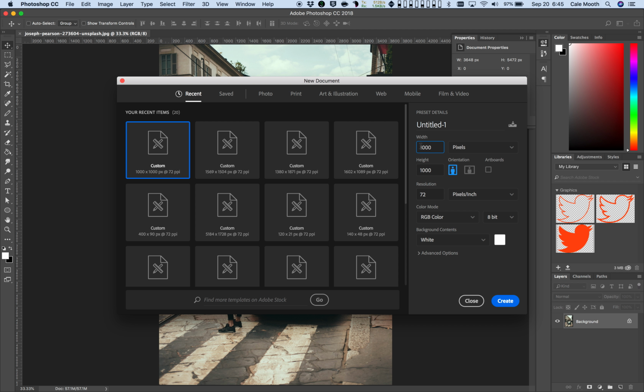I'm going to start off with 1,000 pixels by 1,000 pixels. In the web world, pixels are the only thing we have to worry about, so I would suggest switching your units of measure here over to pixels just to make everything easier, as the web doesn't care about inches and centimeters and all that stuff. So 1,000 by 1,000, I'm going to create that,